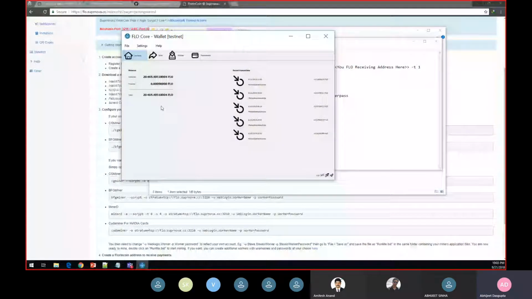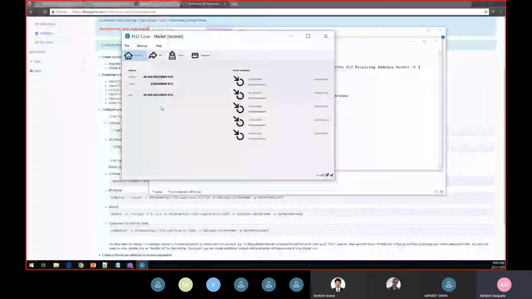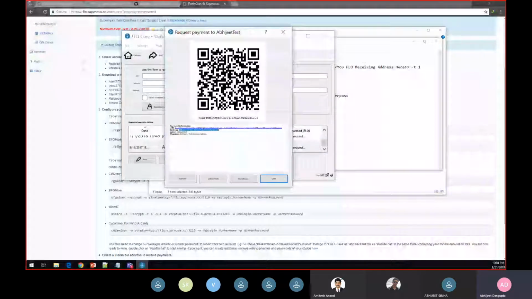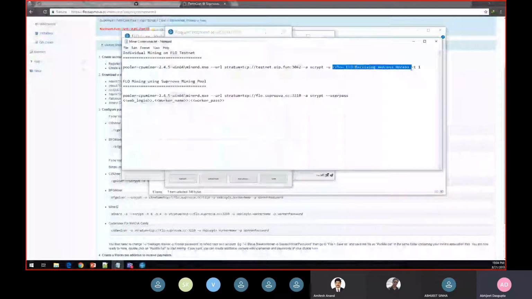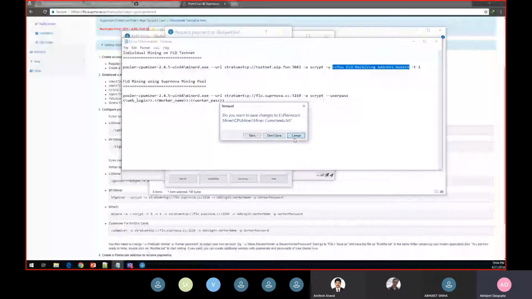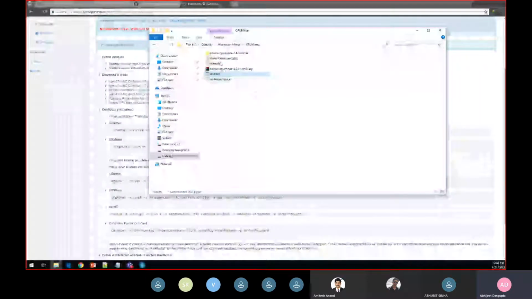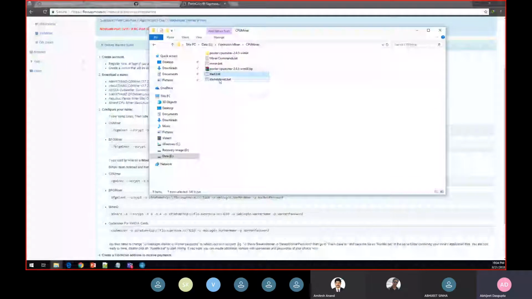So what I have done here is, I have created some receiving addresses, and one of those receiving addresses I have copied into this particular command, and then I will be running this entire CPU miner. What you will see is, during running of this particular CPU miner on testnet, we get much more success than what we had with the Florincoin mainnet mining pool. So let's just start on this, and it is pretty much the same, and I'll just show you the screen.